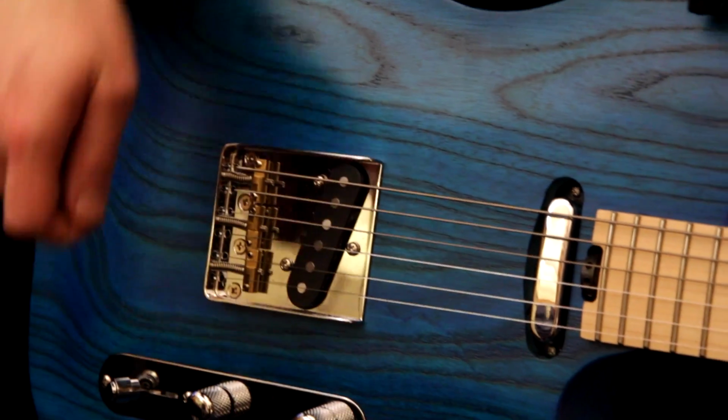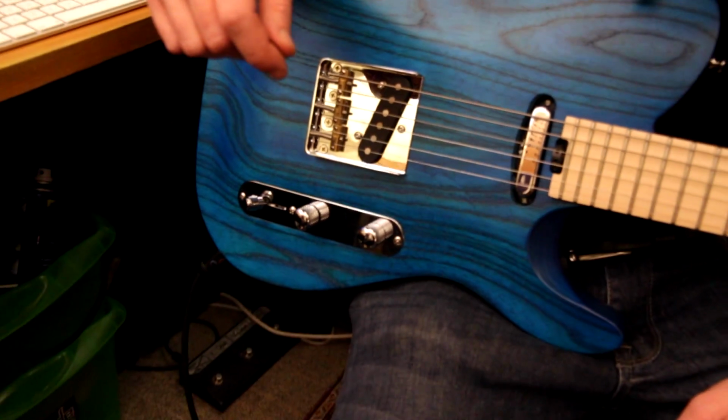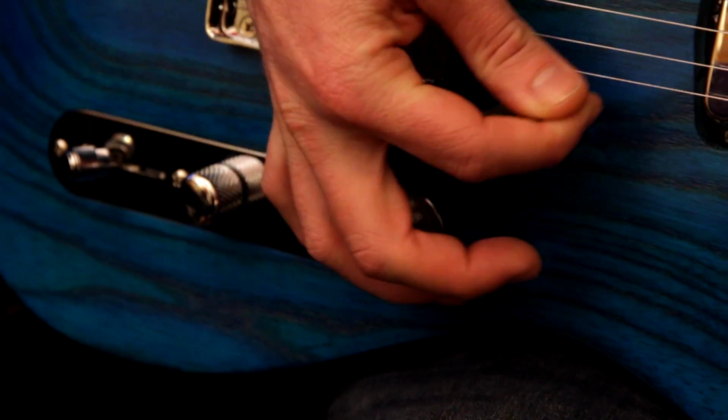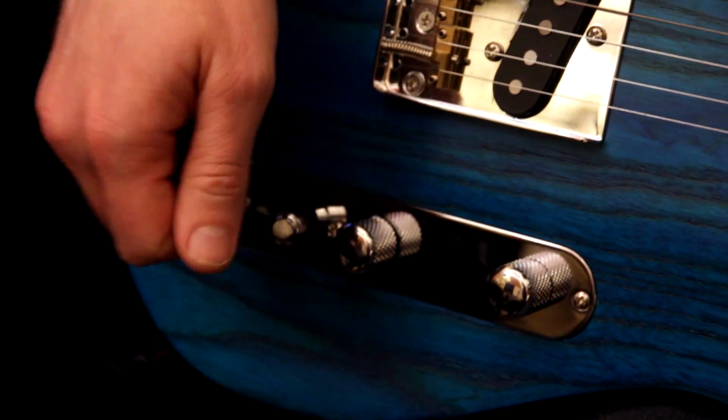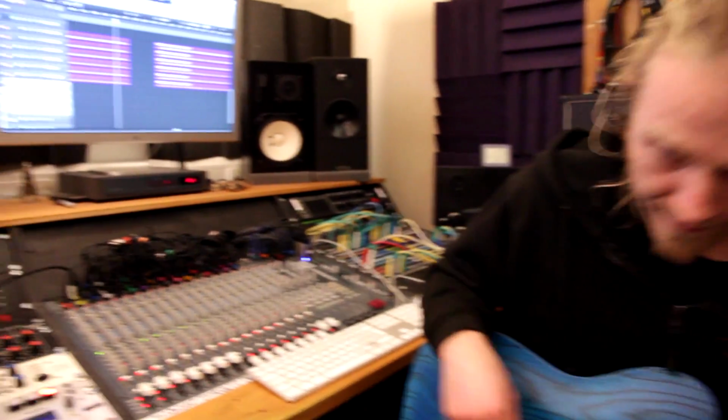I've changed the control plate round. Oh yeah, you have. It's more of a modern setup now, isn't it? Yeah. Because you've got volume at the front. Volume. And then tone with a coil split, and then the pickup switch. And we've actually just discovered that we're going through the